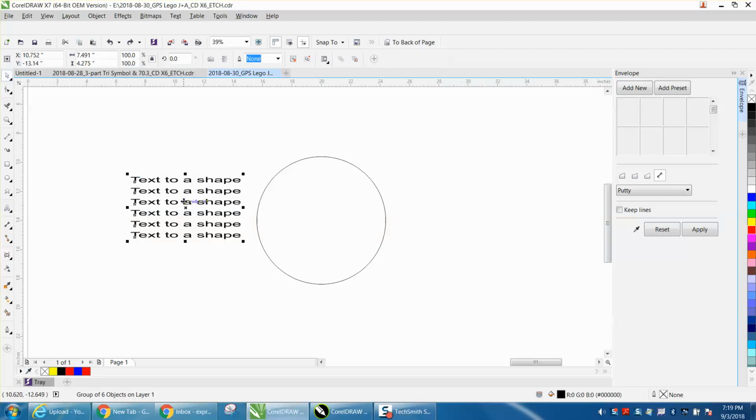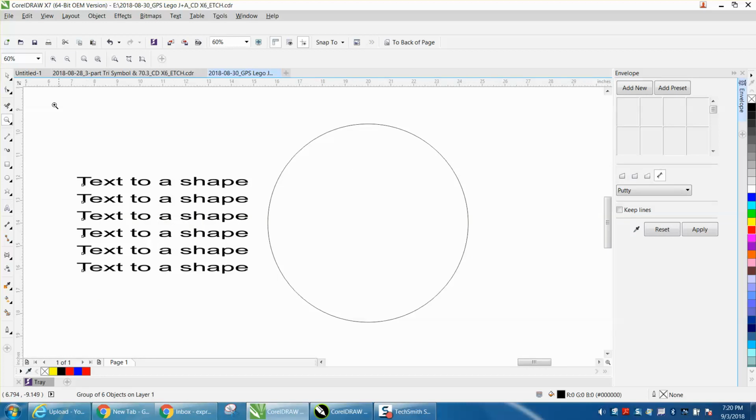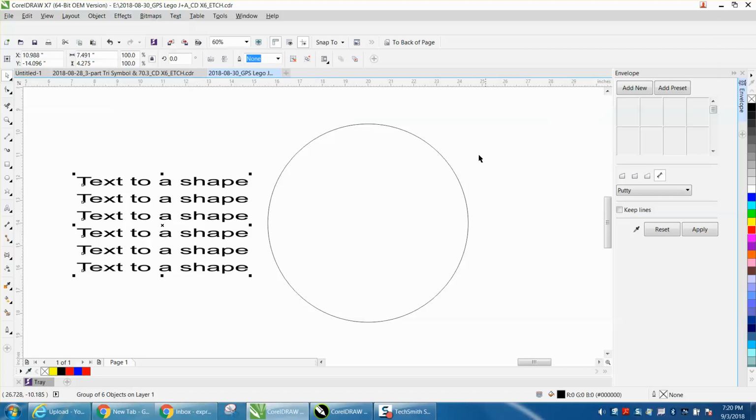I'm trying to help somebody from an email who is trying to put some text into a circle, and I just retyped some text. I didn't want to infringe on their design, their drawing, but they're having trouble putting this text into the circle. So I've opened up the Envelope docker, which is under Effects, Envelope, and then if you pick horizontal, which